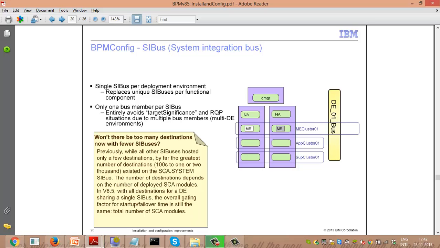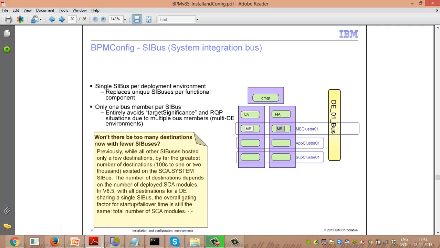In version 8.5, with all the destinations for a deployment environment sharing a single bus, the overall gating factor for startup and failover time is still the same: the total number of SCA modules. So in 8.5, a single bus is shared by the entire deployment environment, but the destinations are again the total number of SCA modules.